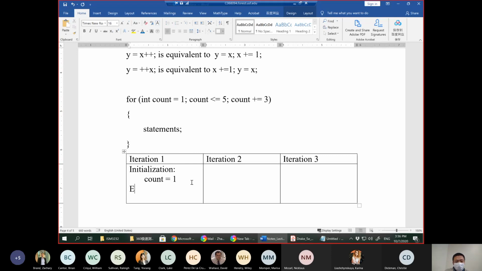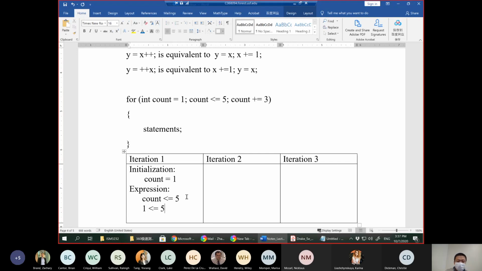So for the expression, I follow the flow chart for the for loop we learned last time. The expression is count is less or equal than 5. That is the expression given in the for loop condition. The value of count is 1, so 1 is less or equal than 5. So it is true, so we go inside